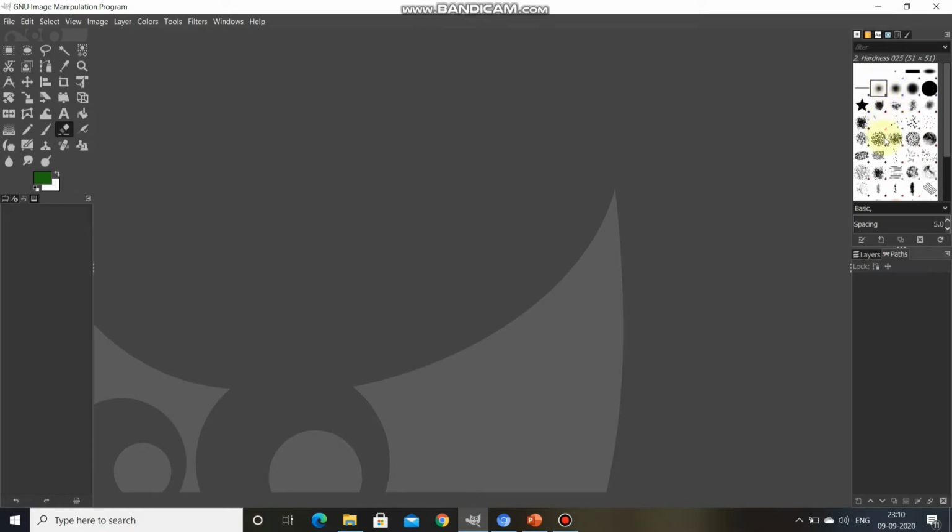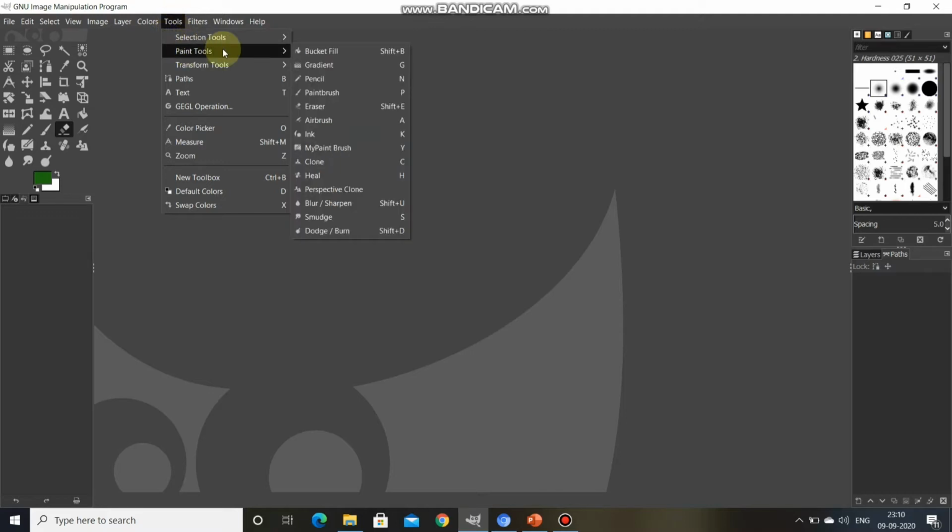Once this window appears, now we have to click on the tool menu. After that, from there we point to paint tools. Once we put our mouse over the paint tools, this drop down list will appear.